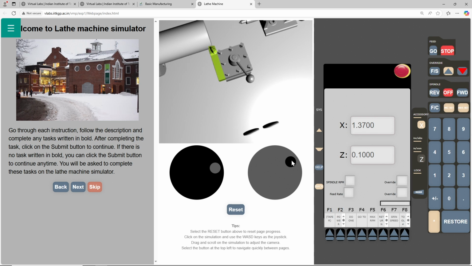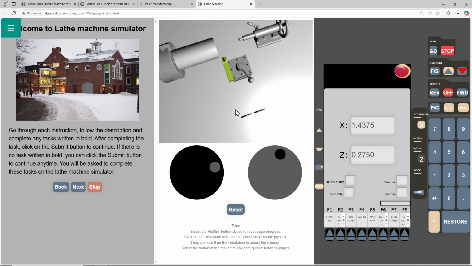I will now bring it back, move it to the right, just simulating the lathe machine. 1.37 was the contact with the workpiece. From 1.37 I will reduce it by maybe 0.05, 1.37 minus 0.05 is 1.32.